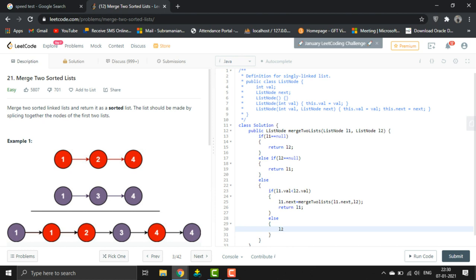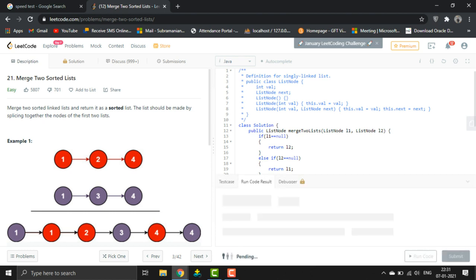Else, if L2 is the smallest, then we will move L2 to the next one. Return L2. Okay, let's check this.